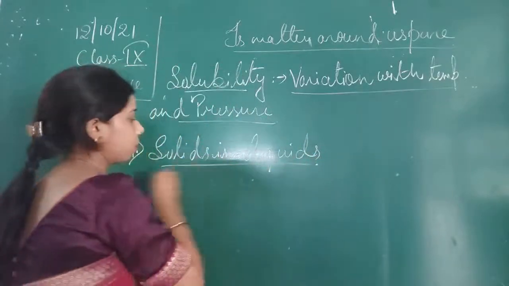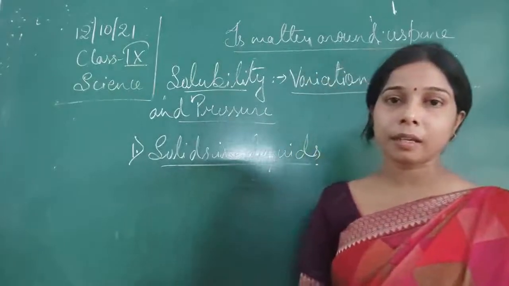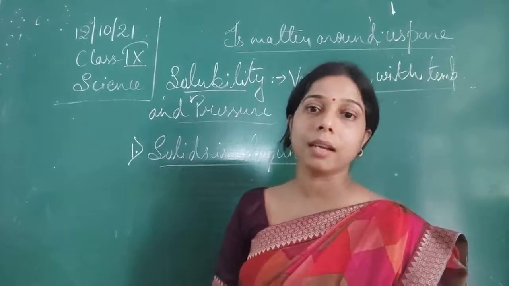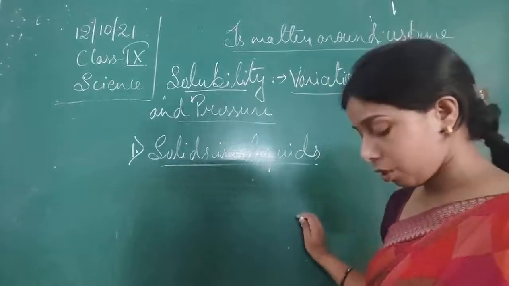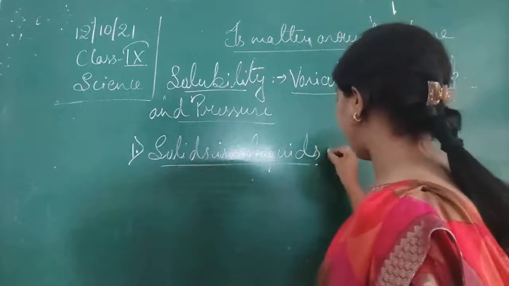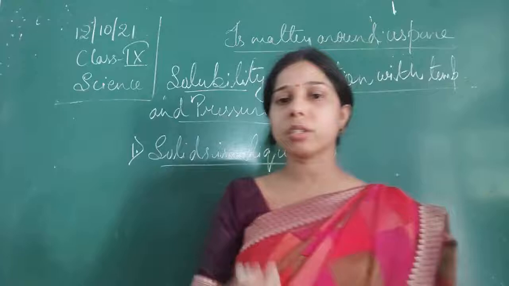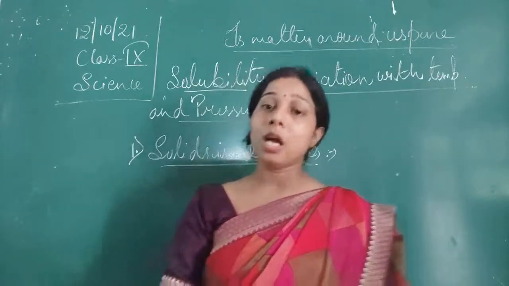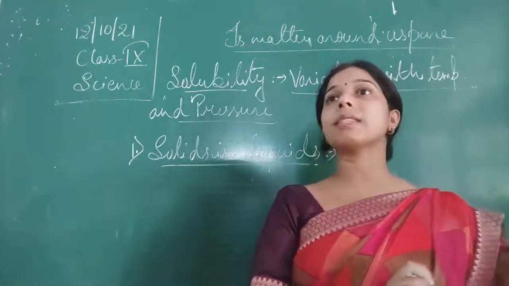What happens if we have taken the solute as a solid and the solvent as a liquid? So the solute is a solid and we are dissolving it into a liquid. Suppose we have taken sugar and add it into water, or salt and add it into water. Sugar or salt is a solid. So it will get easily dissolved in it. Now, how to make it a more saturated one?